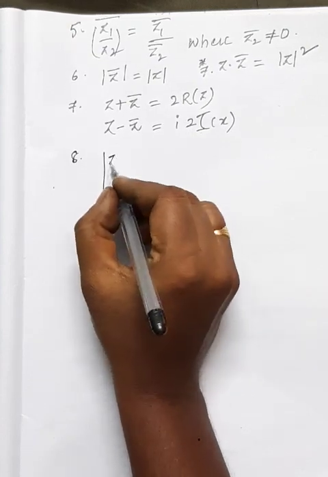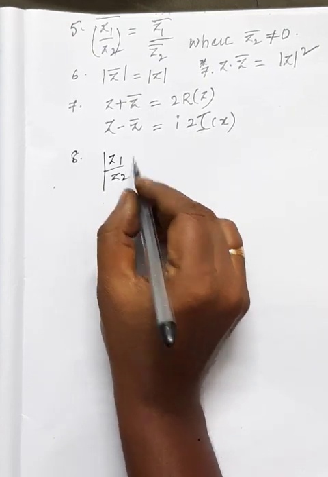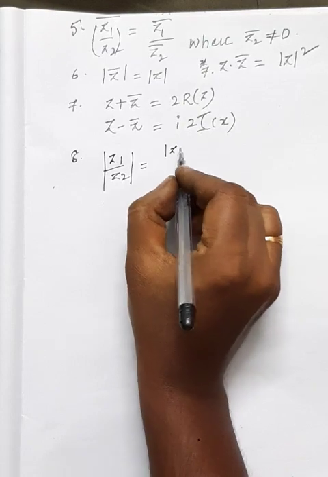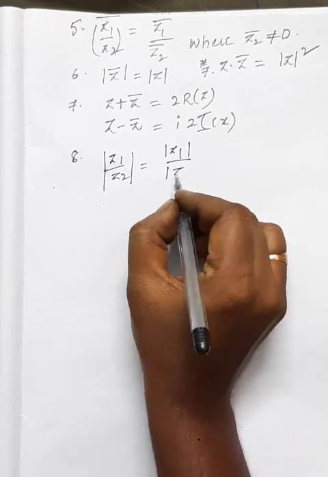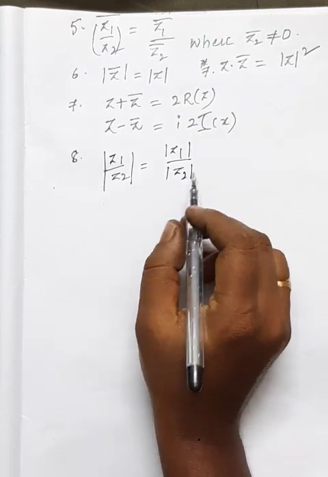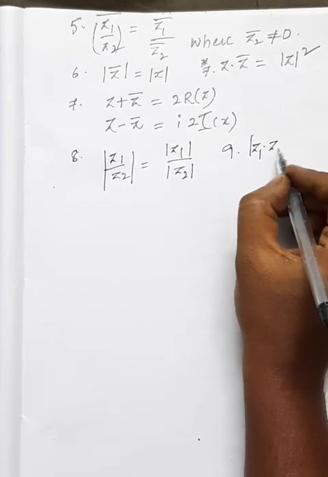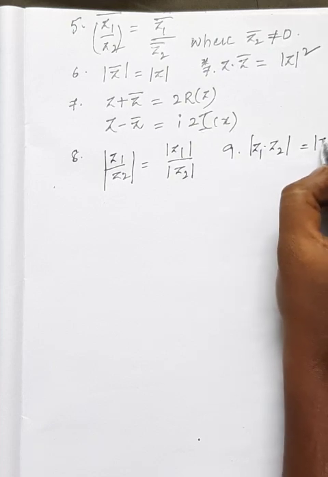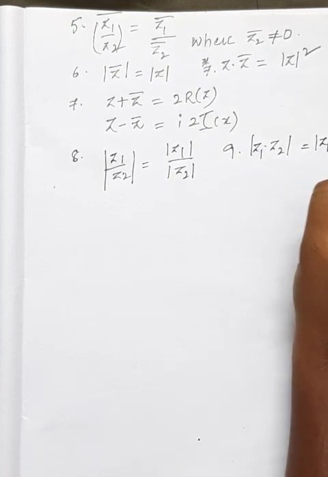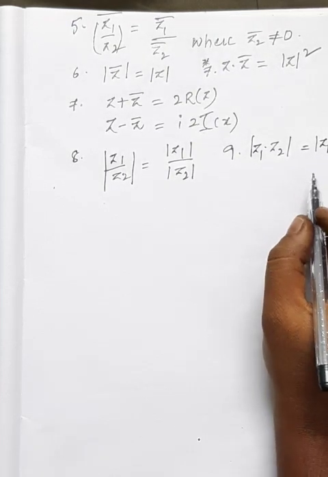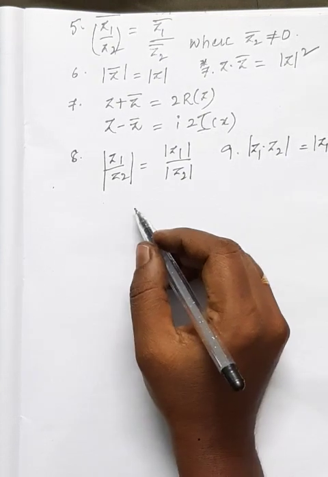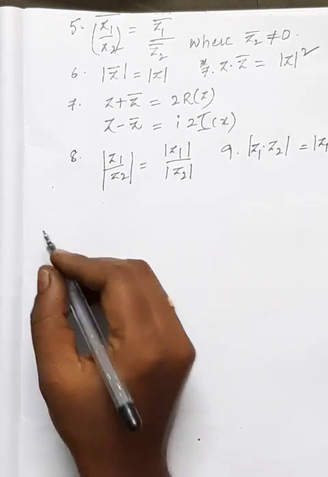mod of z1 by z2 is equal to mod z1 by mod z2. mod అనేది సపరేట్ అవుతుంది అనేది ప్రాపర్టీ. 9th one, mod of z1 into z2 is equal to mod z1 into mod z2. సో మల్టిప్లికేషన్లో కూడా మోడ్ సపరేట్ అయింది, డివిజన్లో కూడా మోడ్ సపరేట్ అయింది. నెక్స్ట్